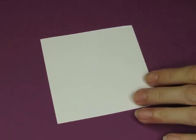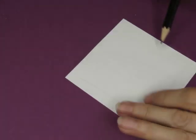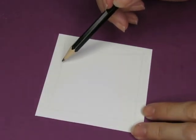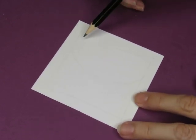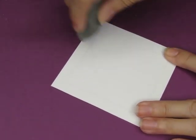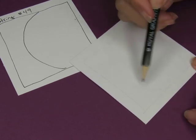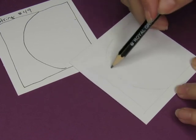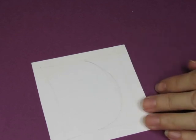Going to put my string in. And it kind of goes like a curve like that. I got a little carried away with that. Oops, no, the curve's on the wrong side. See? That's why you look at your sample. My string curve has to be closer here than here. If that makes sense. Okay, so now that I have a curve,